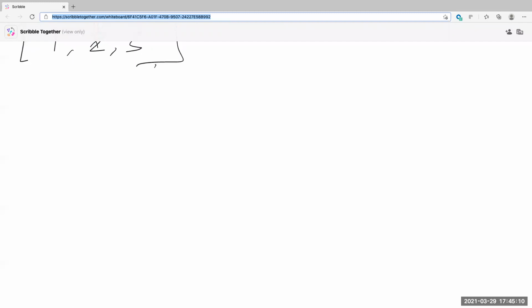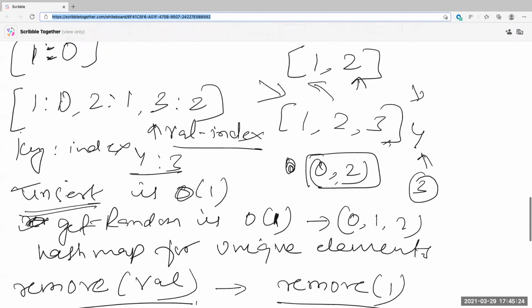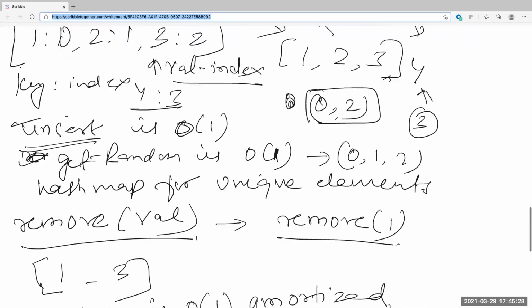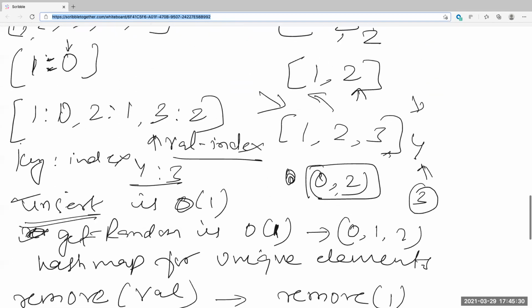Yeah. So our hash map is going to be a key value pair, right? So we're storing the data in both an array and the hash map. In the hash map is stored the value followed by the index. Yeah, that makes sense because you want to do a fast O of 1 lookup.